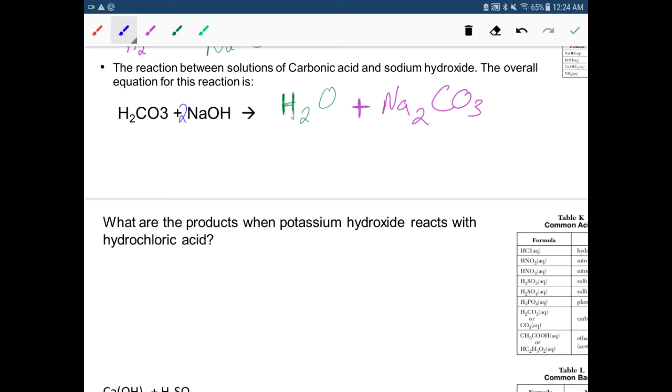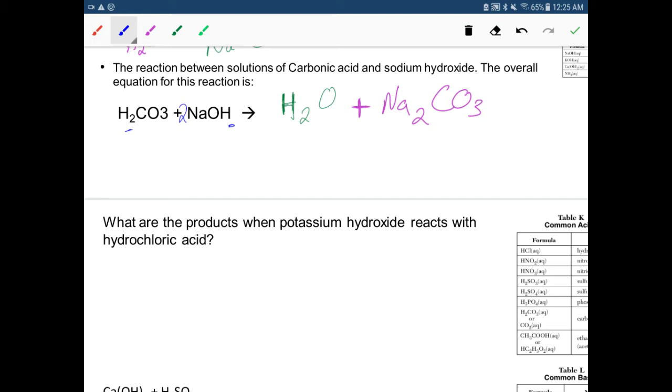Now let's count the other elements in the reactant and product side. Carbon, you have 1 and you have 1, so carbon is balanced. Oxygen, you have 3, 4 in the reactant side, you have 3, 4 in the product side, so you're balanced. Hydrogen, you have 2, 3 in the reactant side, but you have,